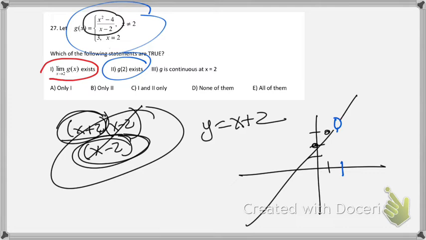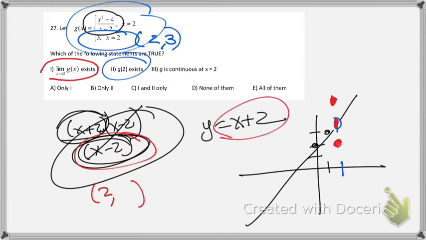So the question here is, that stray point has coordinates 2, 3. Is that a stray point that is somewhere like up here and it doesn't fill the hole? Or is that a stray point down here, it doesn't fill the hole? Or does it fill the hole right here? Okay, well, to find the height of that hole, you plug in the 2 that we found where the hole exists. You plug that into the simplified equation. If I plug a 2 into the simplified equation, you get 4. So the hole has coordinates 2, 4, and this point has coordinates 2, 3, and therefore, this stray point is